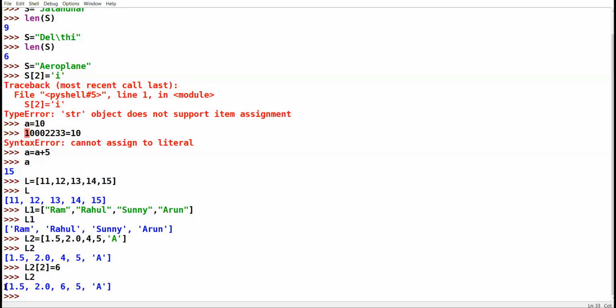See, why does this happen? Because list is a mutable data type. Mutable data type means you can change the value at the same location.